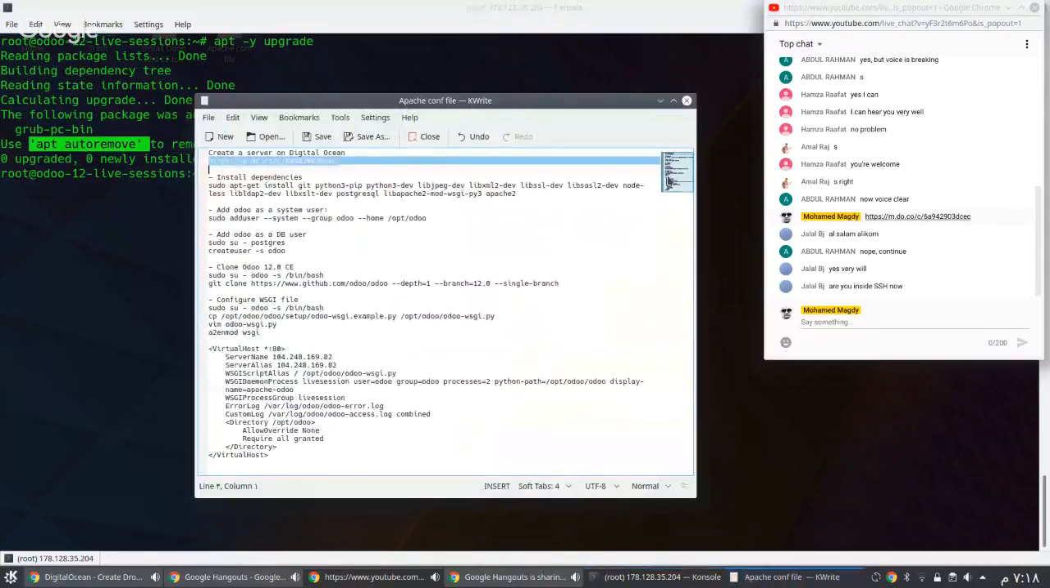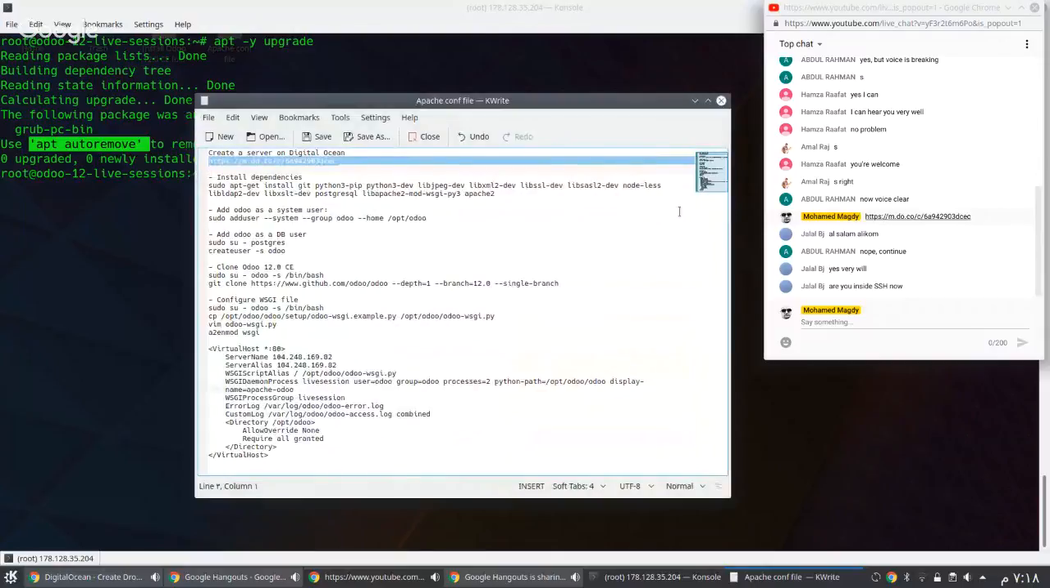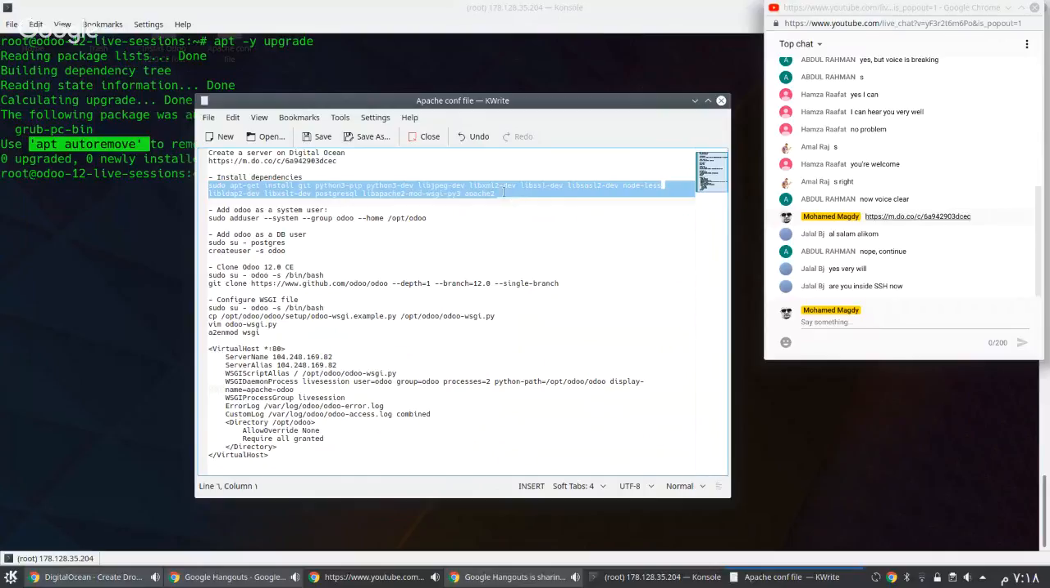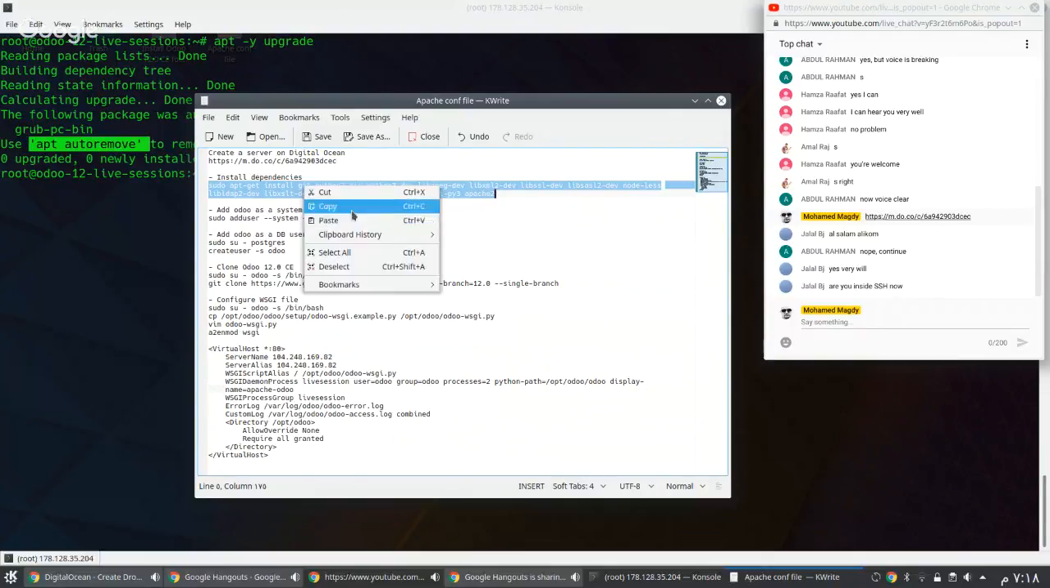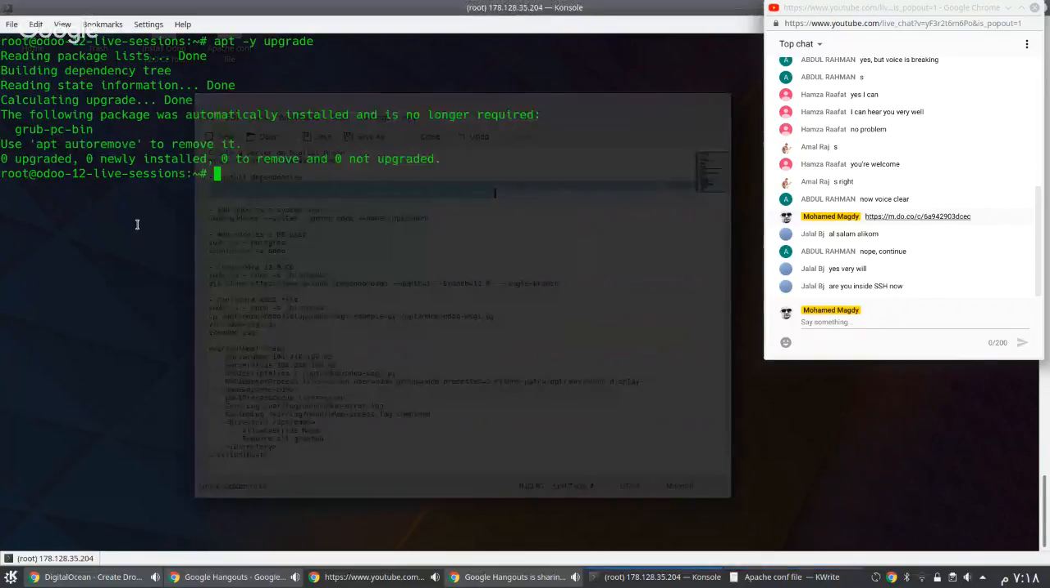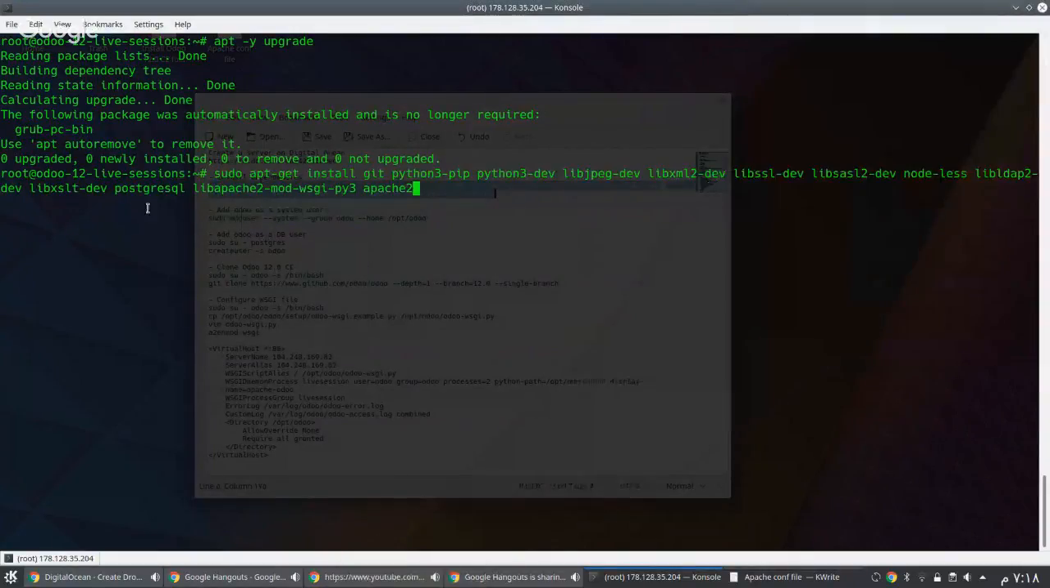So I will proceed with this file. Okay, I have just created the server, or the instance, on DigitalOcean. For now, I have some dependencies. Don't worry about this, I will add it to the description of the video after the session. So I will copy the dependencies. Okay, let's minimize this for a while. Okay, I will install git and Python 3. Git, of course, I will use to clone Odoo